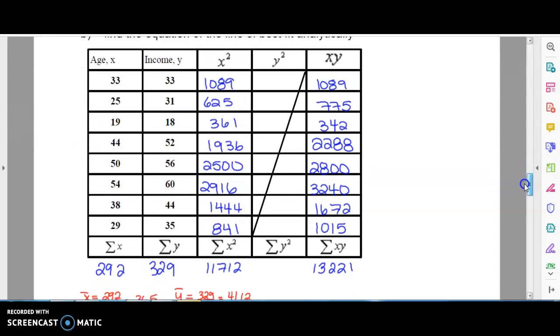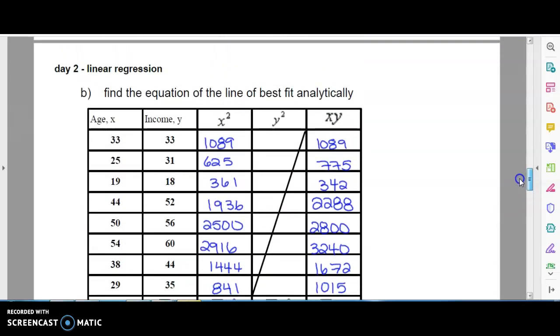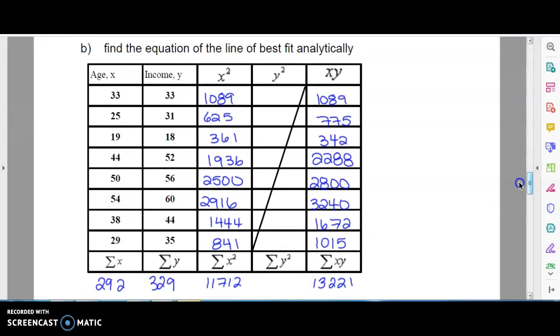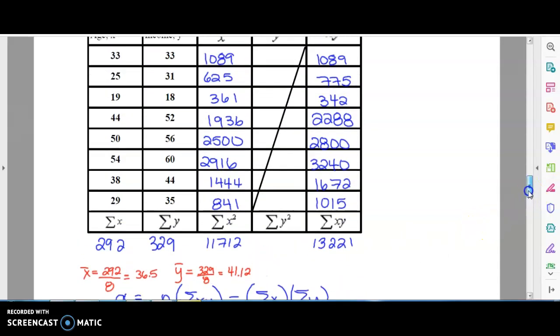We can come up with our line of best fit. Okay, and this is what we're going to do here. So the same data we have in the first two columns, and all we're doing in the remaining columns is figuring out the different pieces of information we need to plug into our formula. So we need to figure out x times y and add those all together, the sum of all the x's, the sum of all the y's, get all your x squareds, add them all together, and then sum of all your x's, square them. Okay, so based on all of that, that's where this table is coming from,